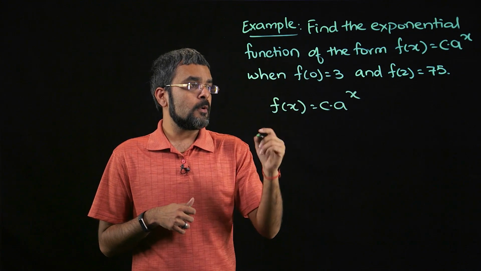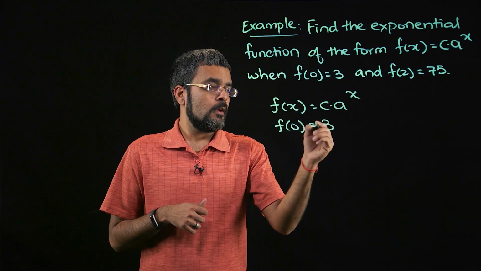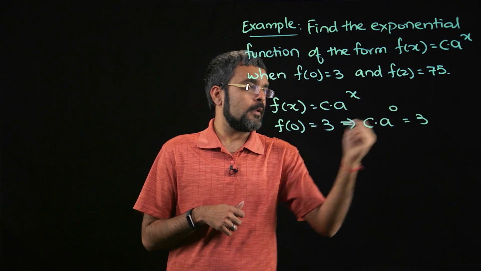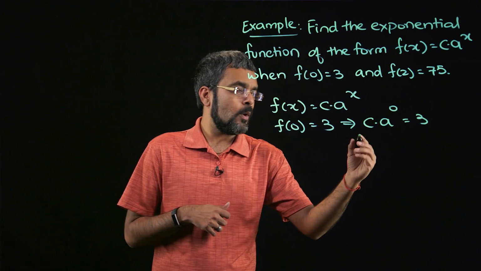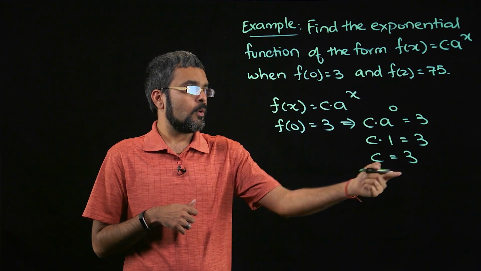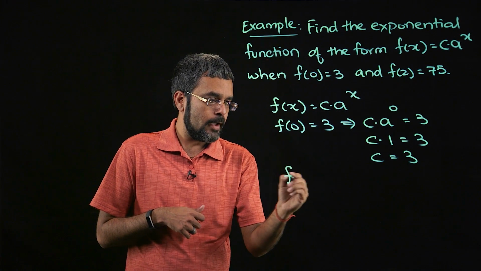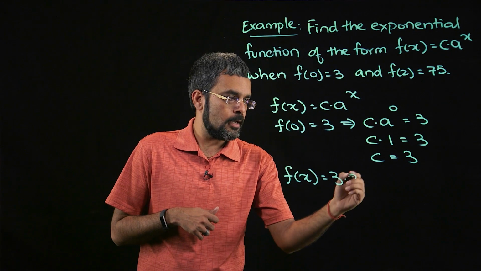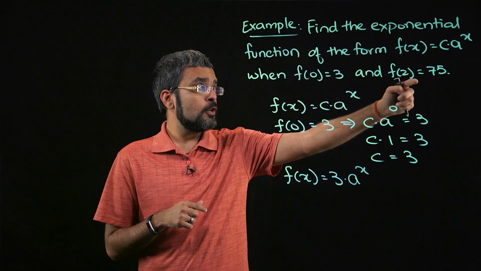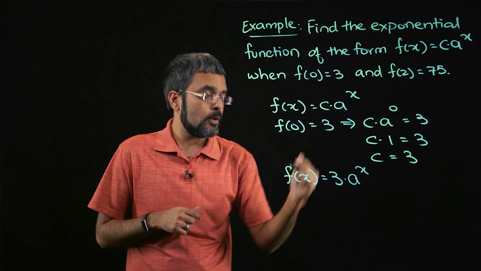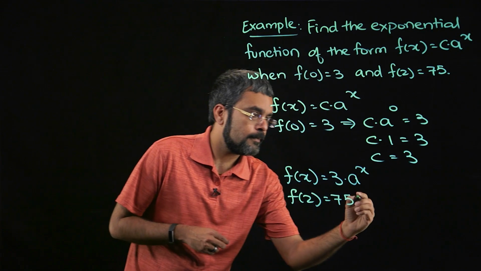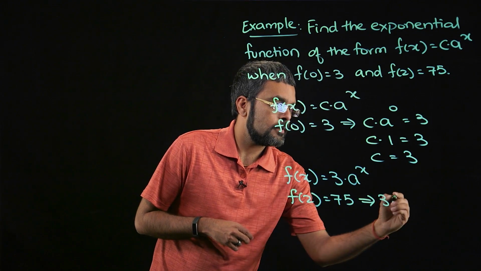Okay, so I know f(0) equals 3, which means that c times a to the 0 is equal to 3. Now I know that a to the 0 is equal to 1, which means c times 1 equals 3, which means that c equals 3. So I'm going to go ahead and plug that back into my equation, and so now I have f(x) equals 3 times a to the x. So now I just need to find the value of a. Well, I still haven't used my second bit of information here. So I know that f(2) equals 75, which tells me that 3 times a squared